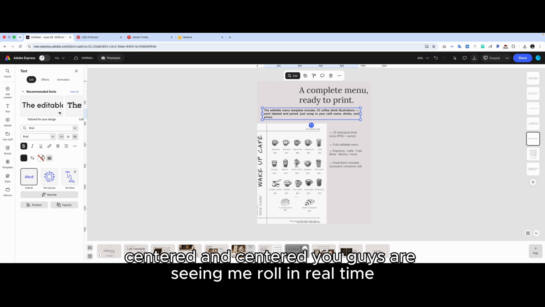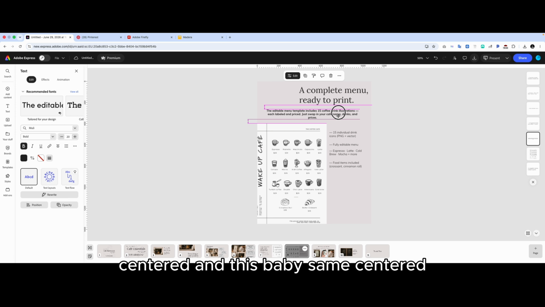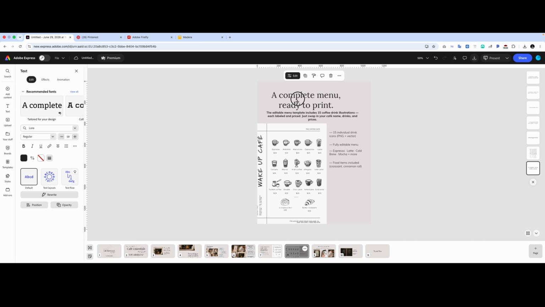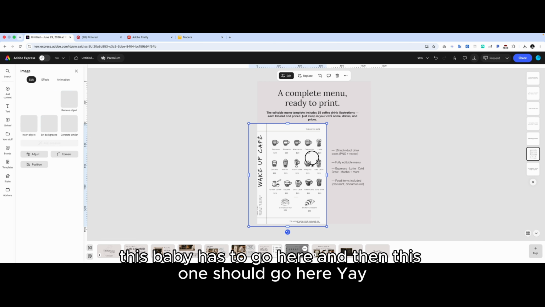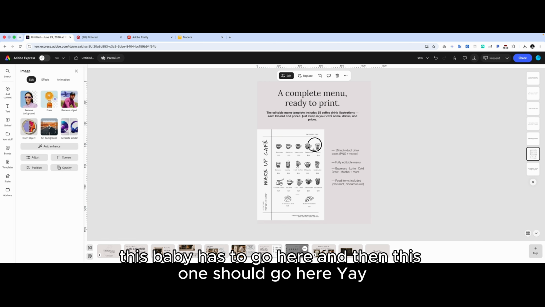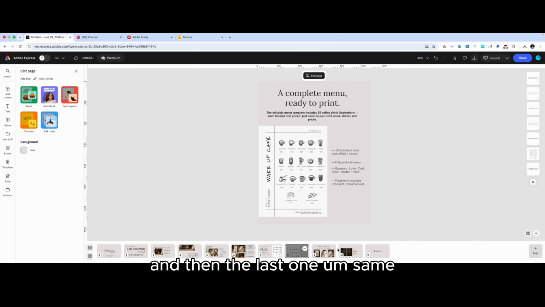You guys are seeing me roll in real time. Centered, and this baby same centered. There you go. This baby has to go here, and then this one should go here. Yay! And then the last one,